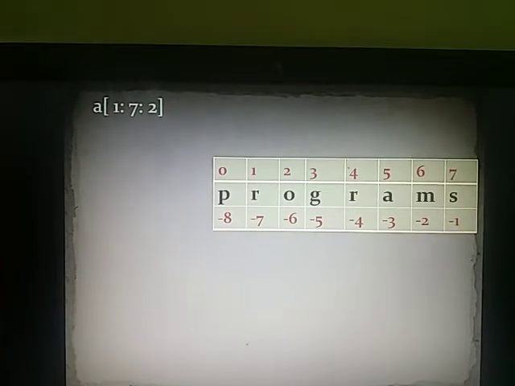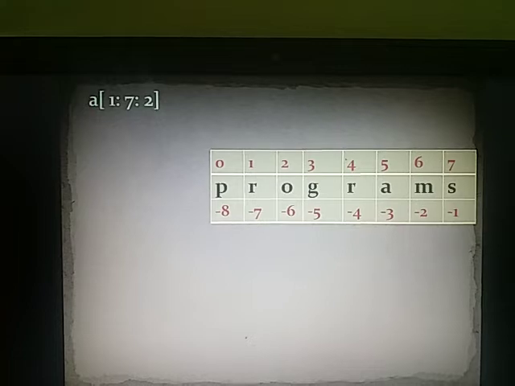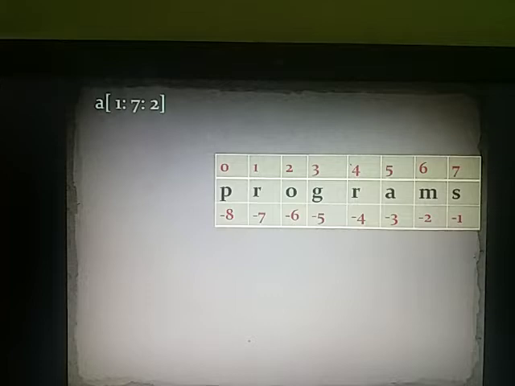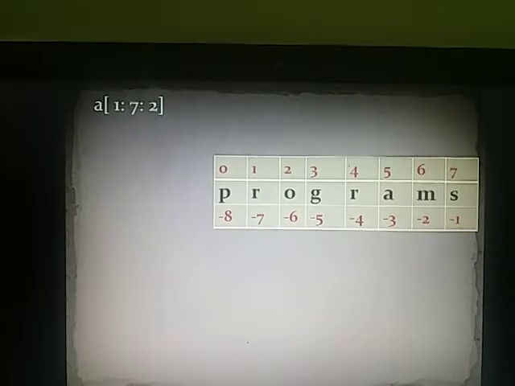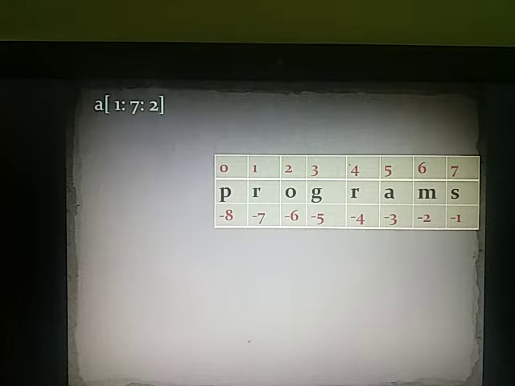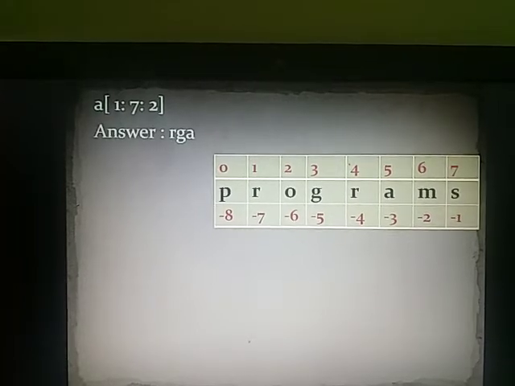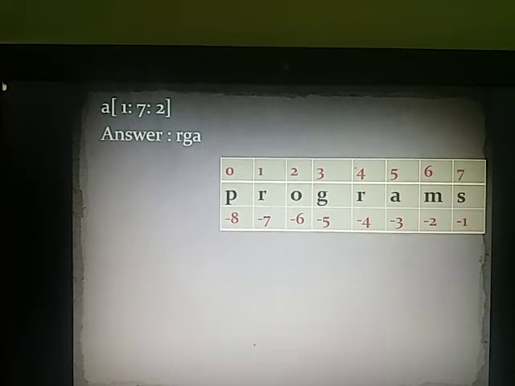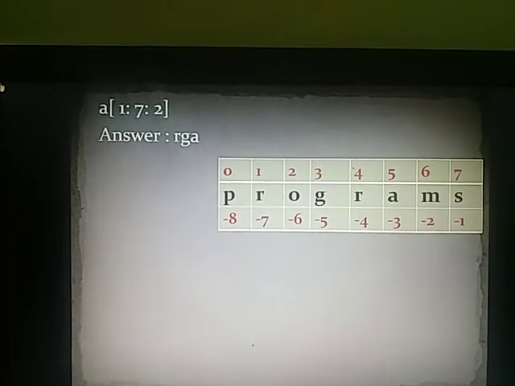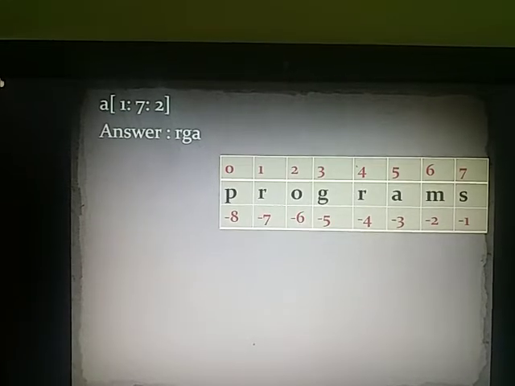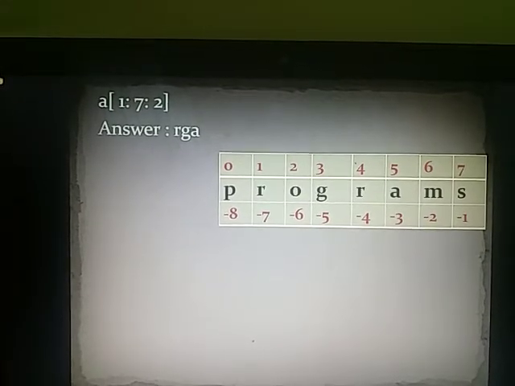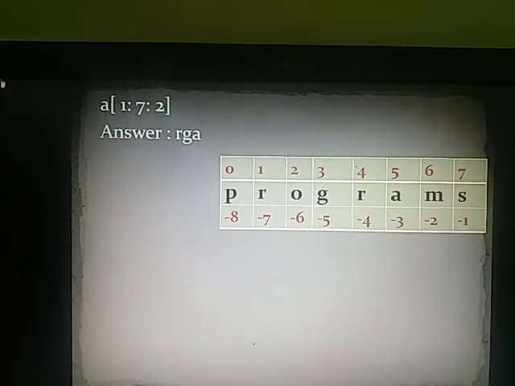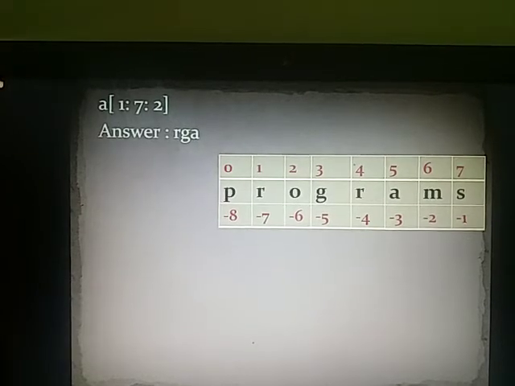Now the second step, when you also have to give the step value. Like in this one, the 1 is representing the starting index number, 7 is the ending index number, and 2 is the step value here. If you write like this, then it will start taking the values from 1 and move after leaving 1. The step value 2 is required, so 1 plus 2, that is, it will move to 3, then 3 to 5 like this, and then 5 to 7, but it does not move till 7, that is why it will take only 3 values, that is R, G and A.